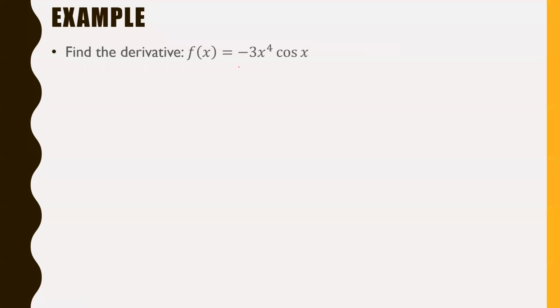So first things first, hopefully what you identify is that this is a product rule question because we have one piece times another piece. So especially when you see some sort of a trig part to this, whether it's sine, cos, or tan, if it's ever multiplying something else, you can be pretty much guaranteed you're going to be using product rule, right? So anyway, first things first, the derivative of f is going to be the derivative of